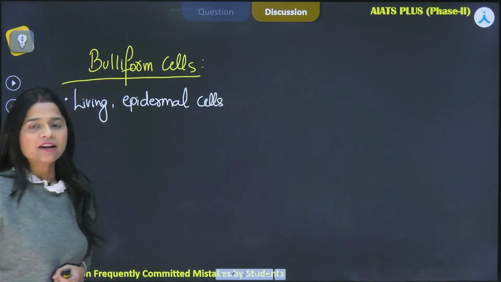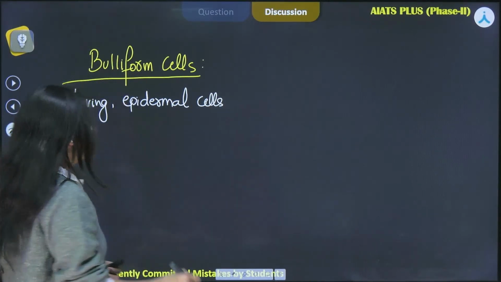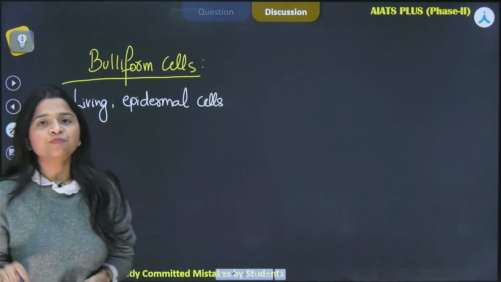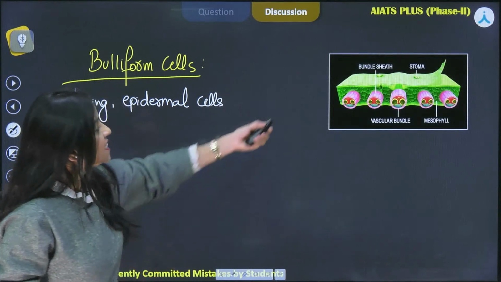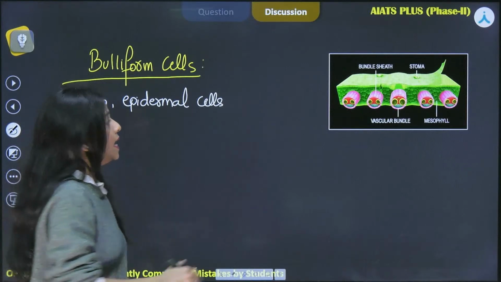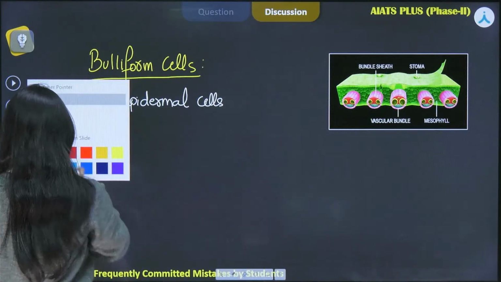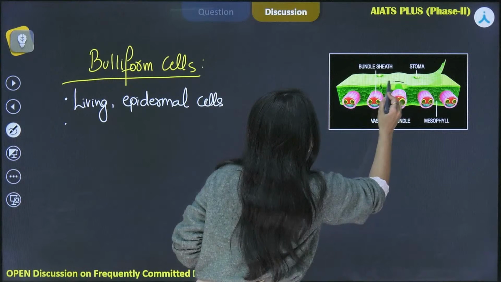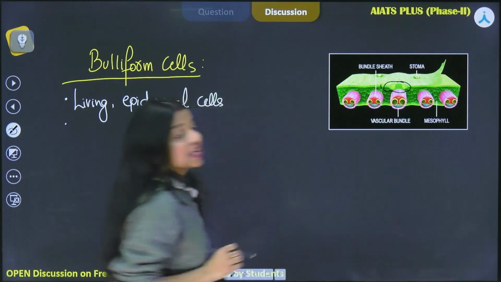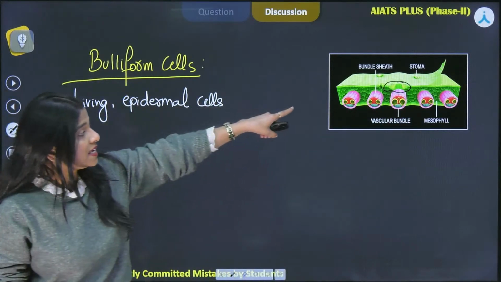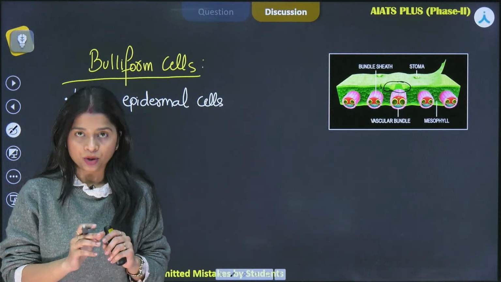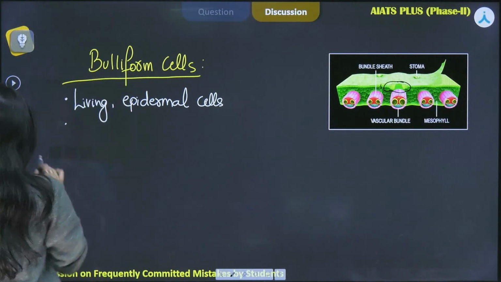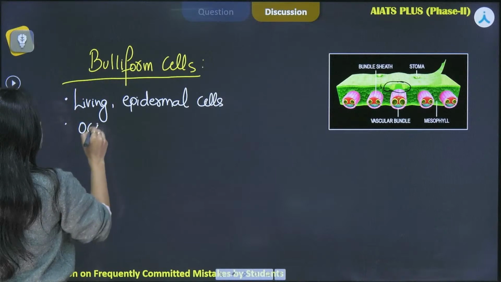In this representation over here, I'll mark it for you, these are the bulliform cells. You can see that they are occurring in groups. So the second characteristic feature over here is they occur